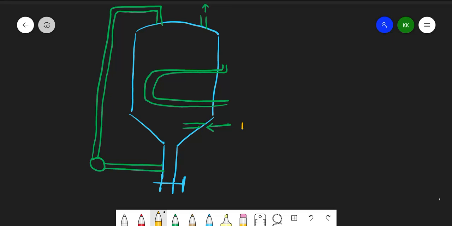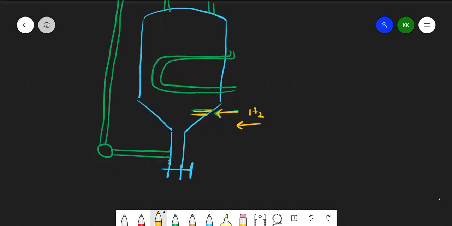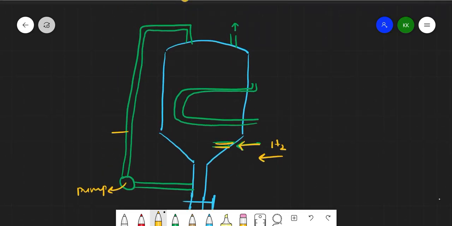Here hydrogen will be there, right? That we will pass through this inlet, this column. Like this we will pass this hydrogen gas, right? And here this is the pump. Here we will take the oil, the above oils, in presence of nickel catalyst.